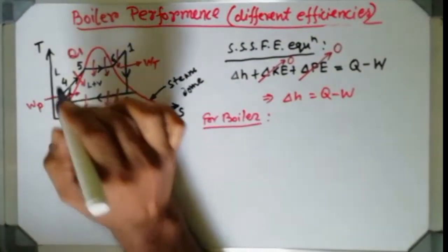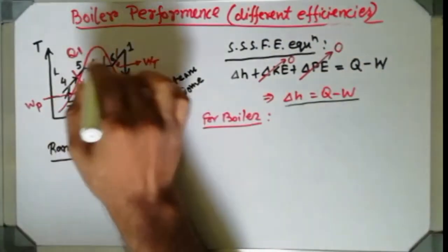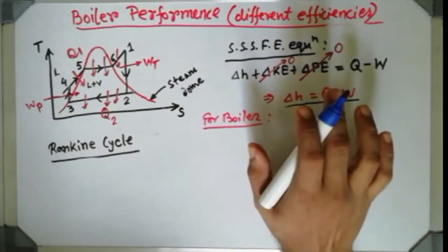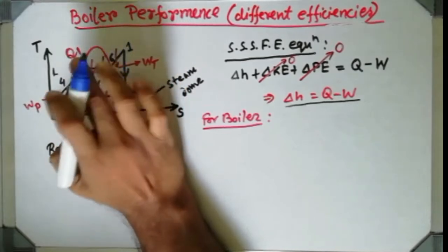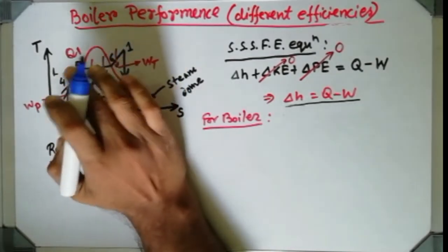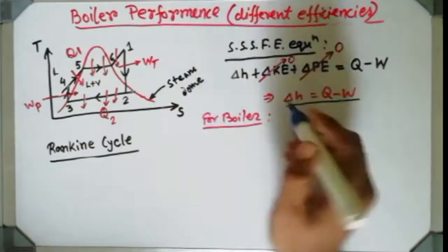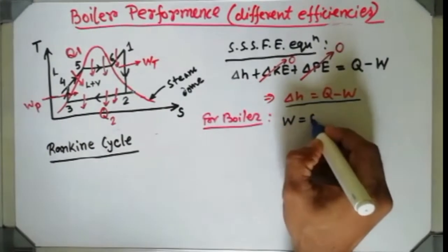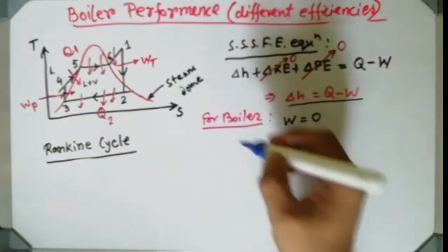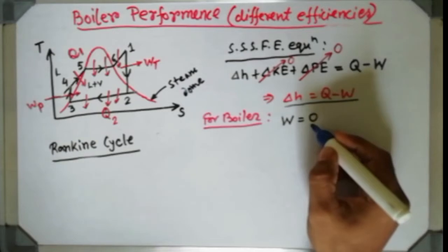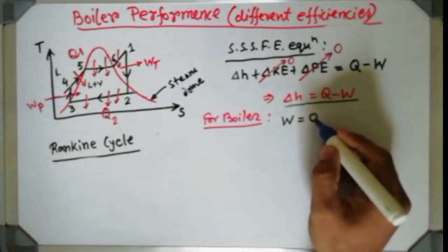Okay. So for the boiler, can we write like this? See, for the change in enthalpy, I am using this particular equation here. Now you see that inside the boiler there is no work done, isn't it? Because inside the economizer or boiler drum or superheater, there are no moving parts, there is no displacement. If there is no moving part and no displacement, then obviously no work will be produced. So for the boiler I can write that W is nothing but 0, because no work is being produced or supplied. It is not an assumption, it is a real fact, that for a boiler there is no work done.